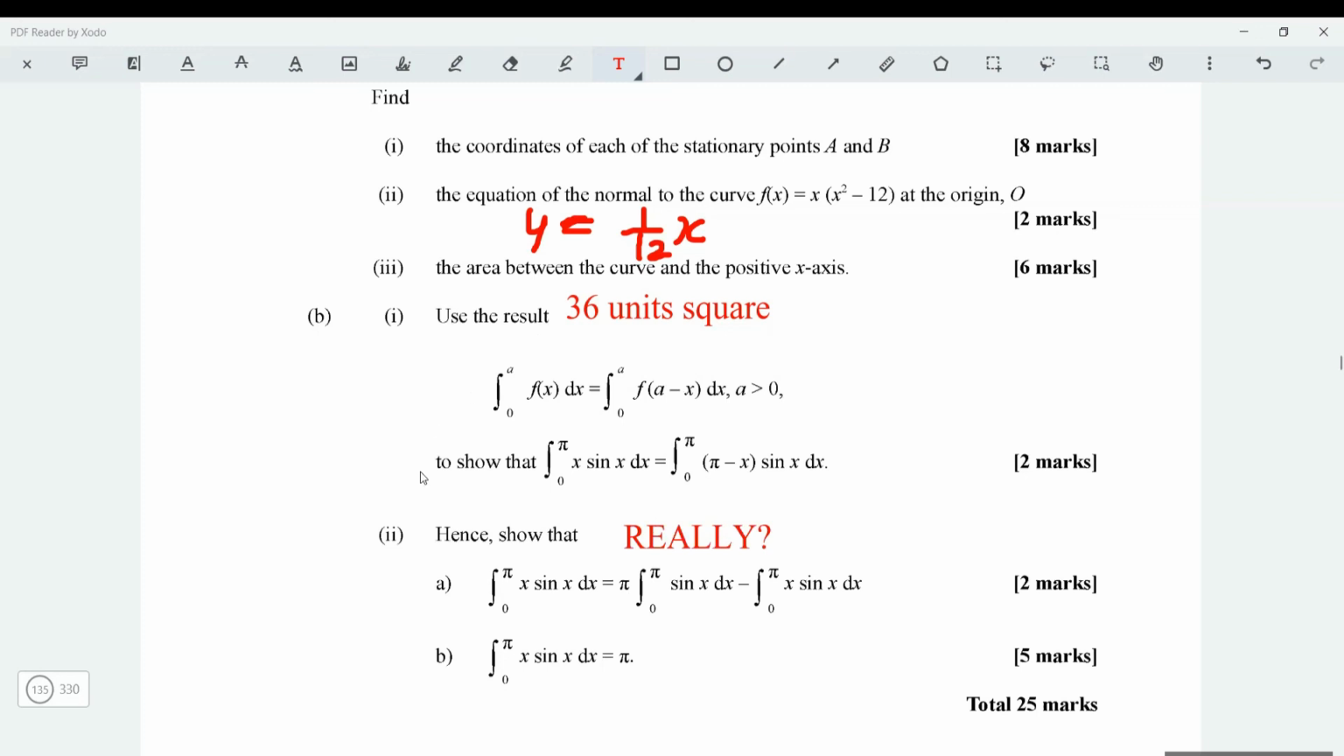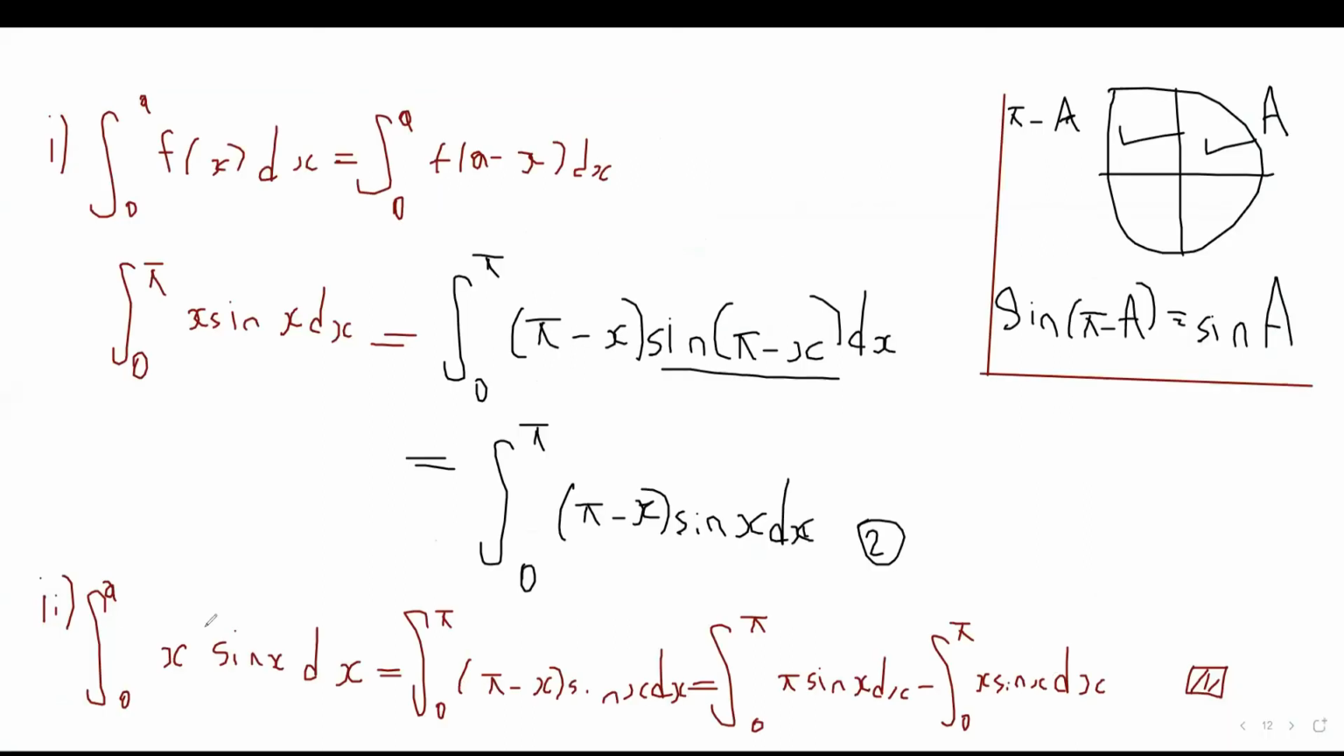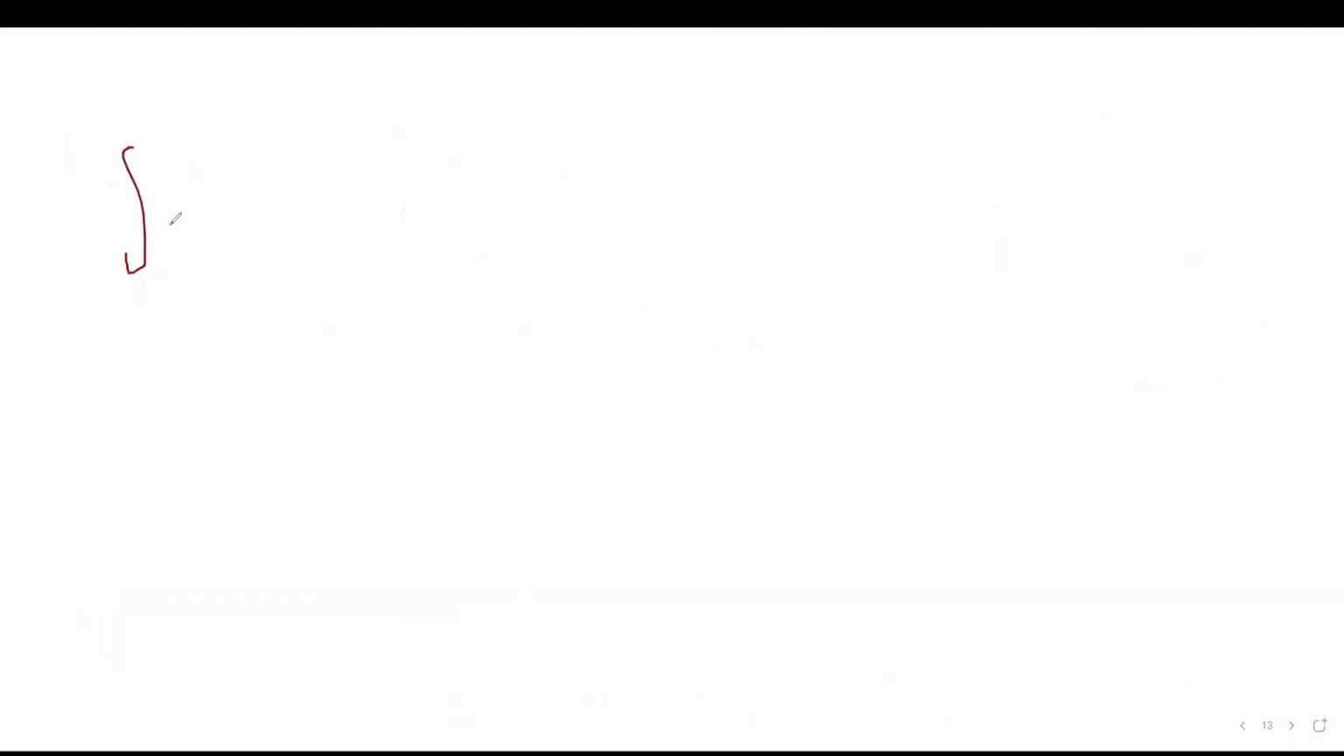Now the last part we can appreciate now is to integrate. Show that the integral from 0 to pi of x sine x dx is pi. So pretty much we just need to finish this question now. Show them so the integral works out to be pi. So first we can start with what we know. We can start with the fact that the integral from 0 to pi of x sine x dx,